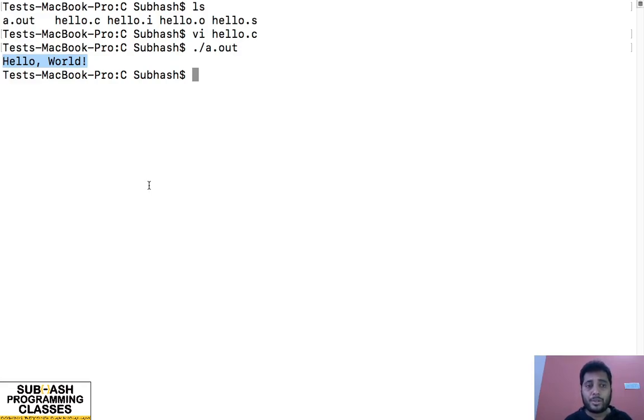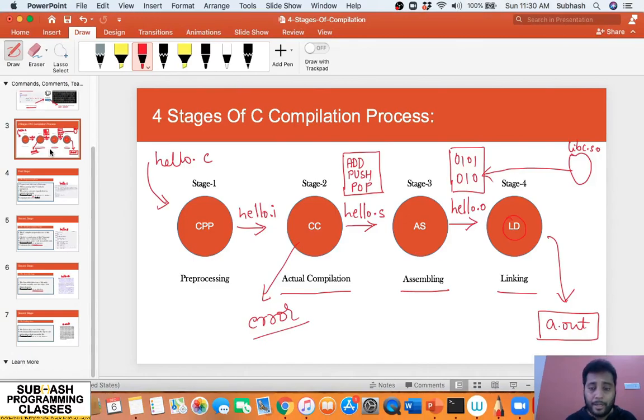These are the four stages of your compilation process. To repeat, a compiler converting high level source code into an executable file takes four stages. The first stage is pre-processing, taken care of by the preprocessor, which does the textual replacement. The input given to stage one is the source file hello.c, and it expands the source code and gives us the output file hello.i, which contains the expanded source code, and this is given to stage 2 where the actual compilation happens,